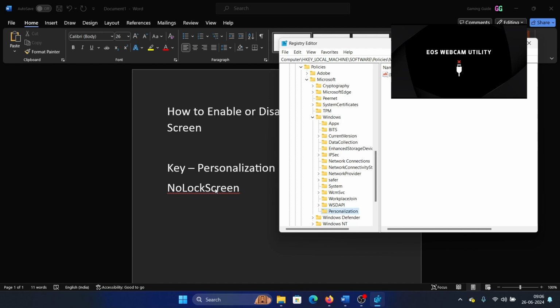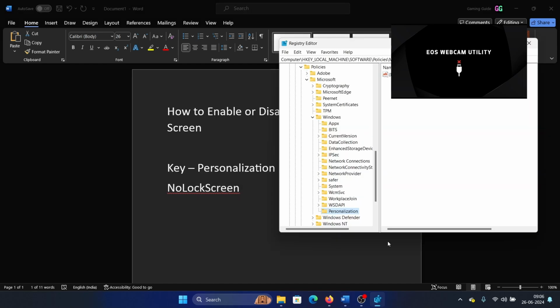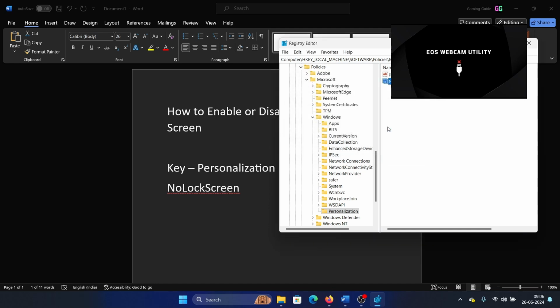Now in the right pane we will create a DWORD 32-bit entry named NoLockScreen. Right? If we double click on it and make the value 1, this will disable the lock screen, and if